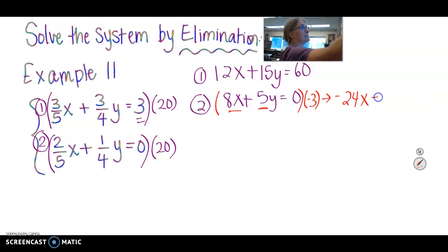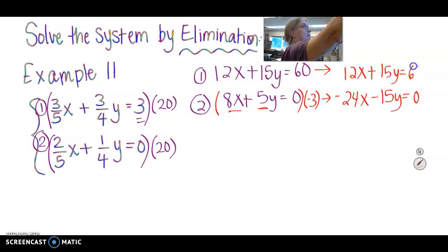5 times negative 3 is negative 15y, which is why we're doing this. And you'll see if I just rewrite, negative 3 times 0 is 0. And rewriting number 1 right above it, you get 12x plus 15y equals 60, same equation as we started, well, after eliminating the fractions. But now look, you have a 15y and you have a negative 15y. So now when I add, I'm going to get the y to be eliminated, which is why it's called the